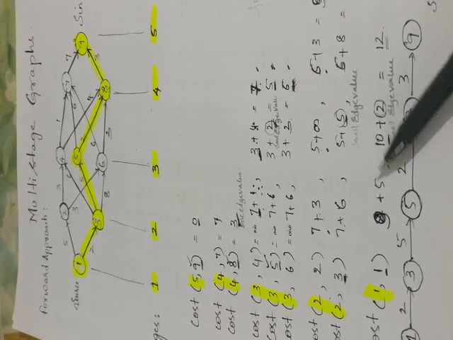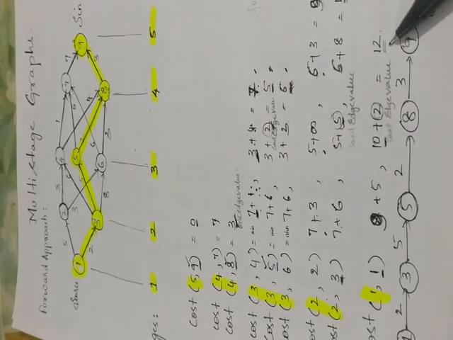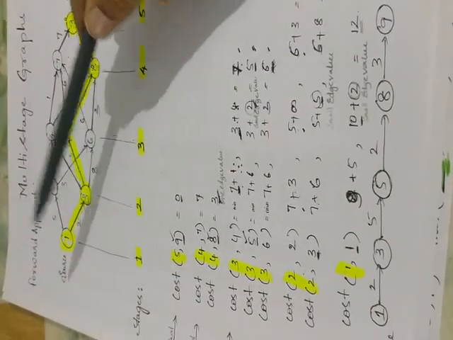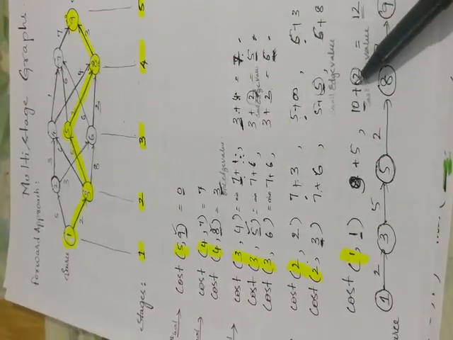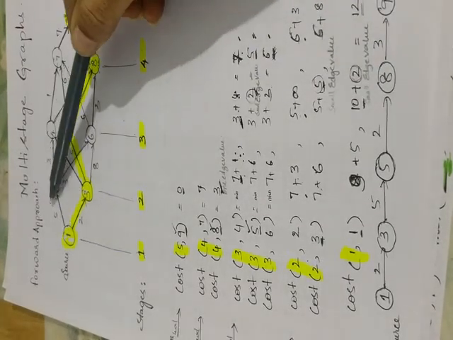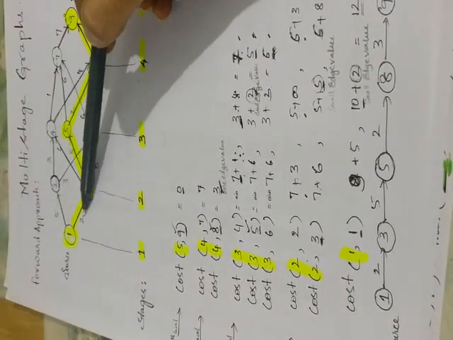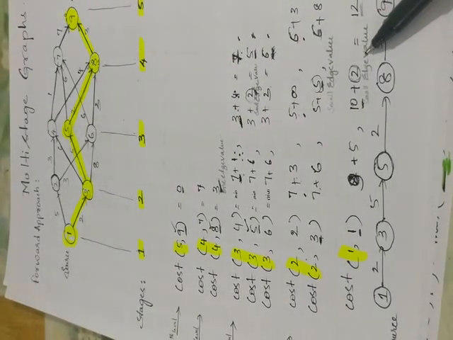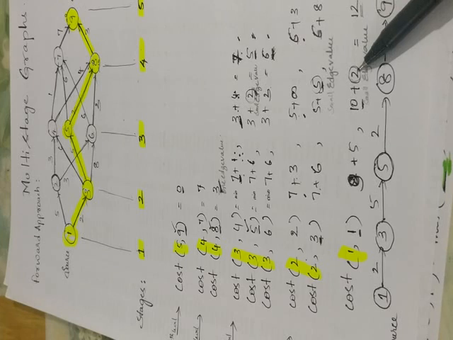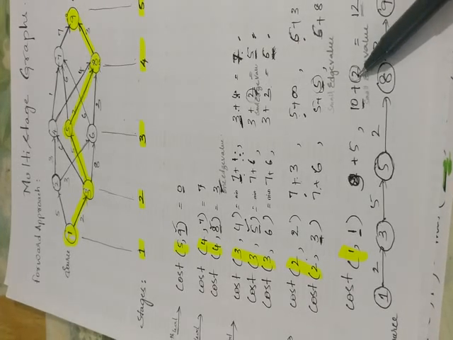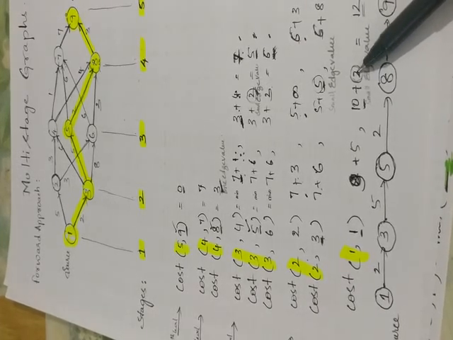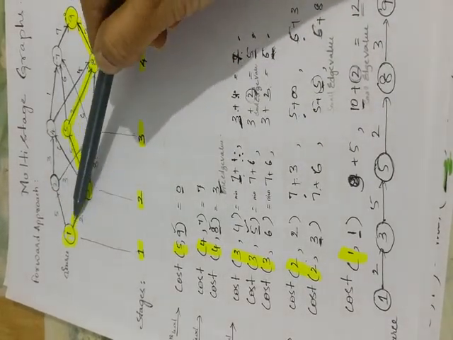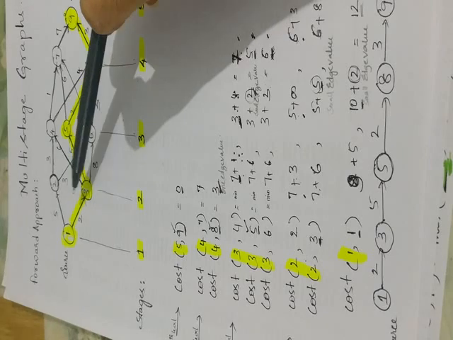12 is the minimum. So you can notice here from vertex 1, choosing the smallest edge value 2. Because I had 5 and 2, of this I chose 2 as the smallest edge. So in stage 2, to reach stage 2 with 2, which vertex have I reached? It is 3. So you can notice here it is 3.